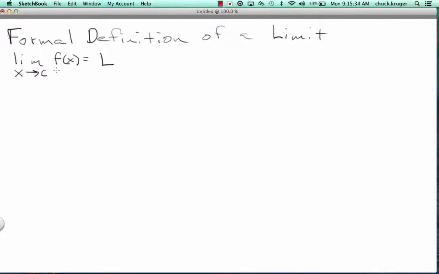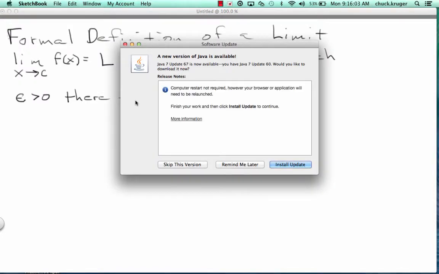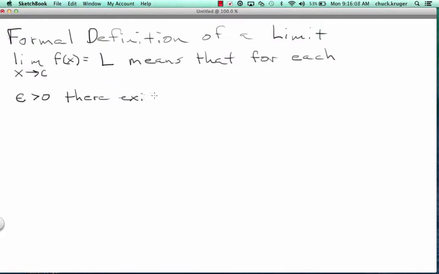And this limit means that for each epsilon, and epsilon looks like an E, epsilon greater than 0, there exists